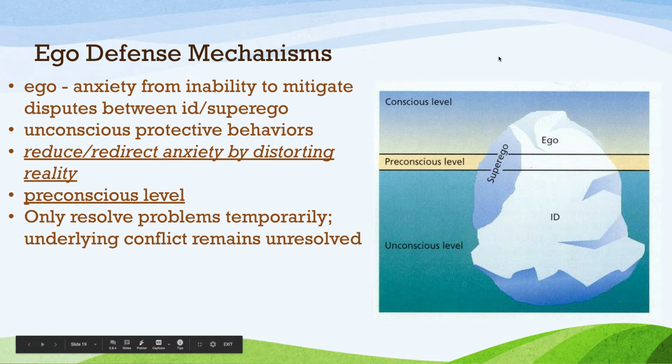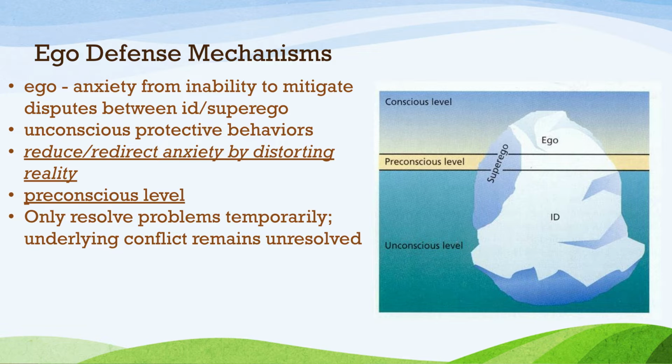We're finishing up our discussion of the psychodynamic approach by talking about what we call defense mechanisms, what Freud referred to as ego defense mechanisms. So I need you to recall from the last video Freud's theory that there are these three components of the personality, right? There's the id, the destructive desires, the devil on one shoulder, who's in constant conflict with the superego, which is the moral ideal. And it's the ego, or the conscious part of the self, the self that resides above the surface of consciousness, that's responsible for settling or mitigating the disputes between the id